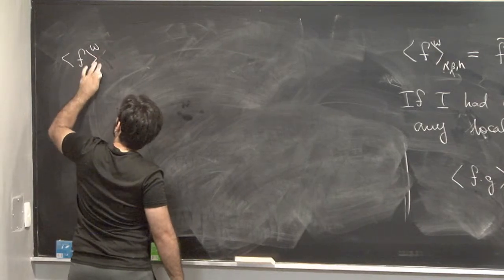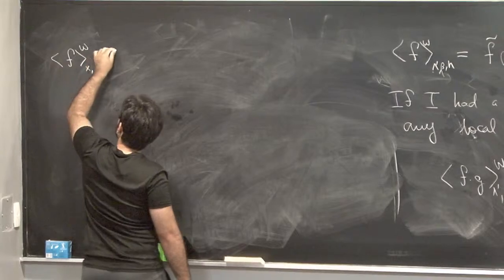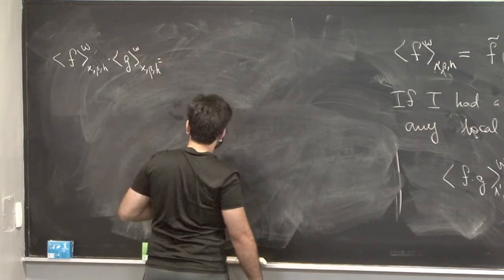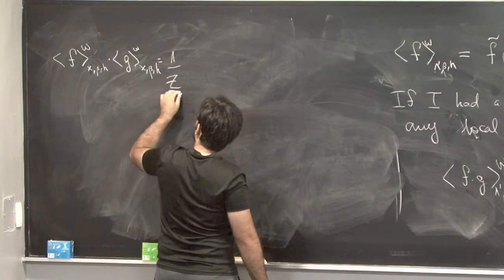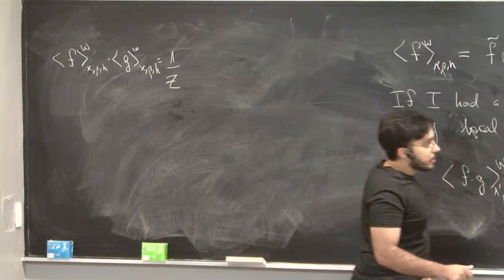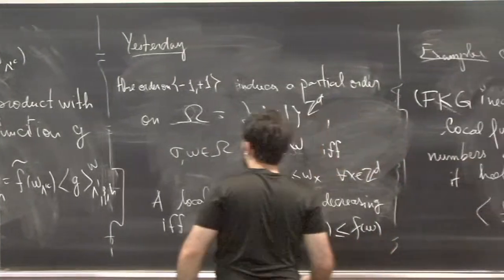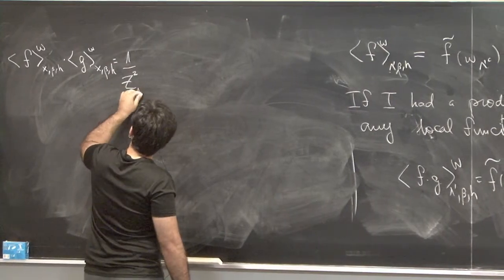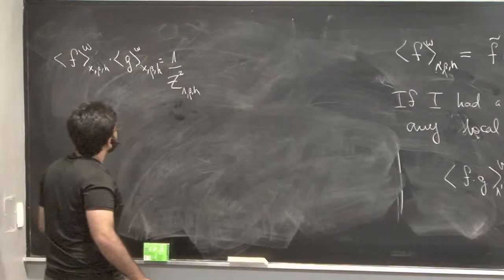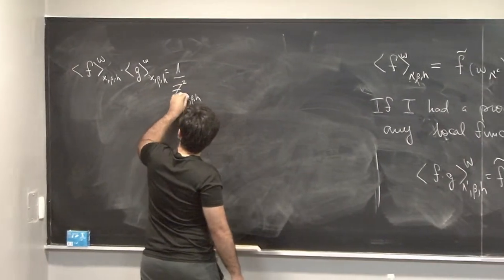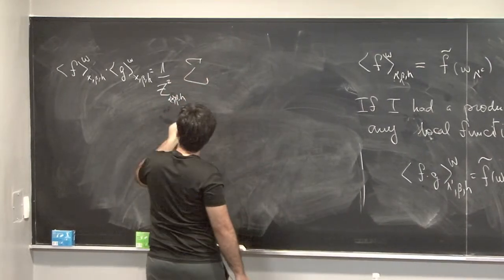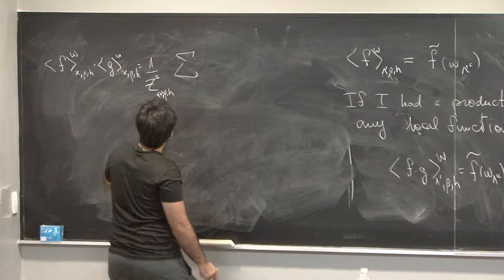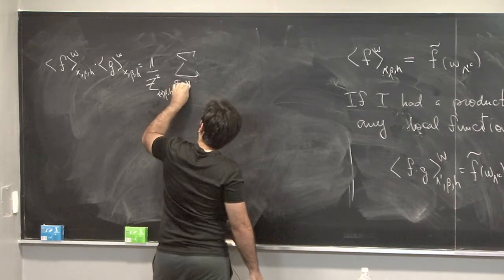Omega, x beta h, times g, x beta h omega, and then I will have 1 over the partition function squared, okay, 1 over the partition function squared, beta h here. Oh, sorry, there is an x here, times the sum. And now I will be clever, and I will write this as being the sum over these two variables here,